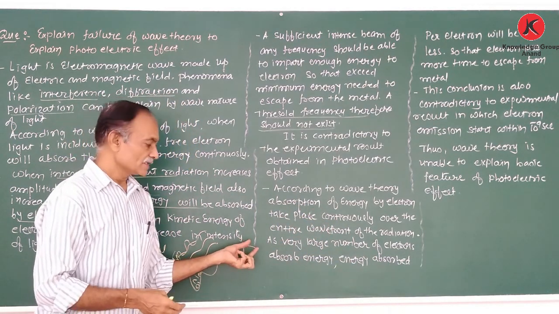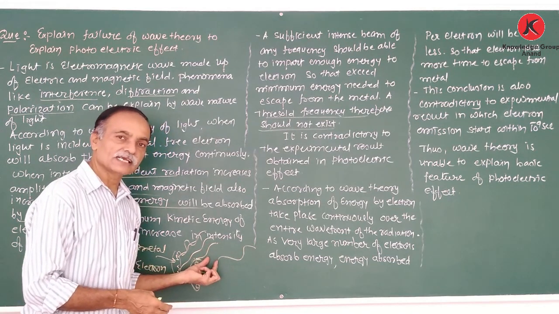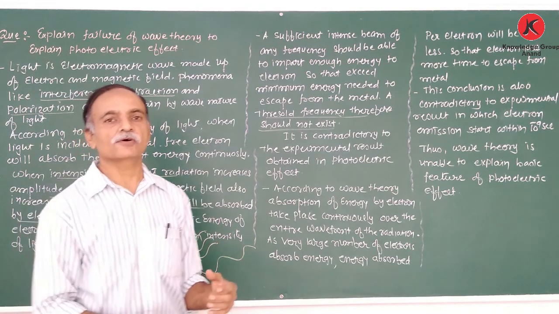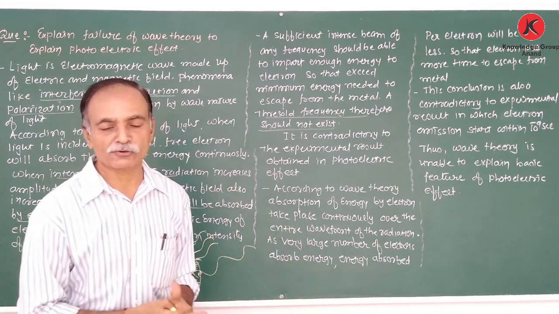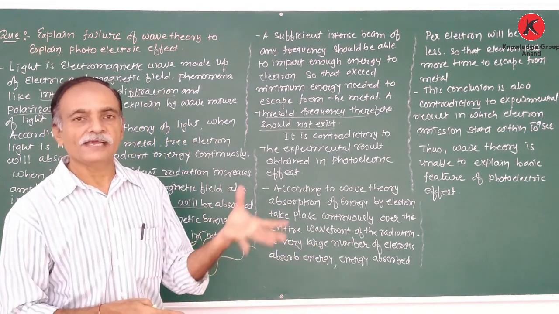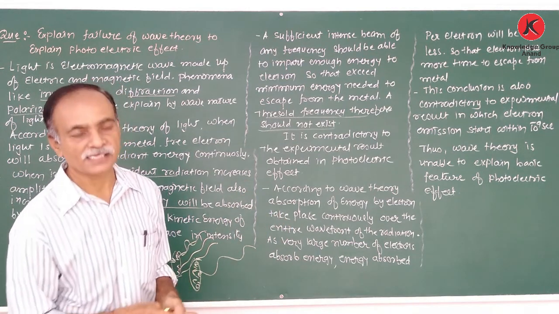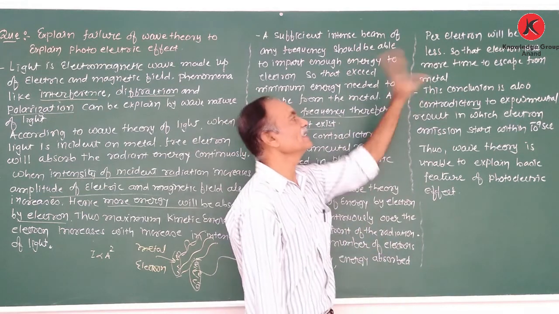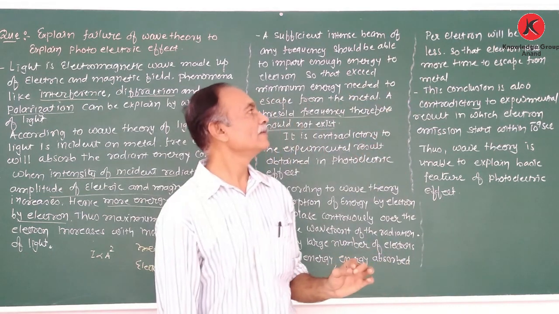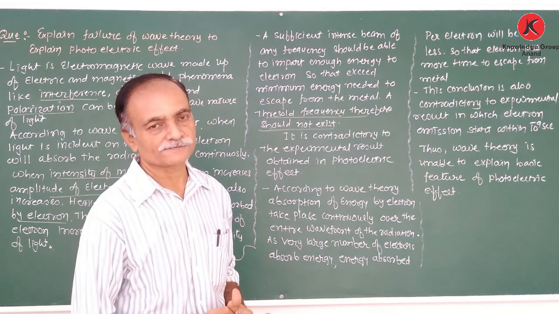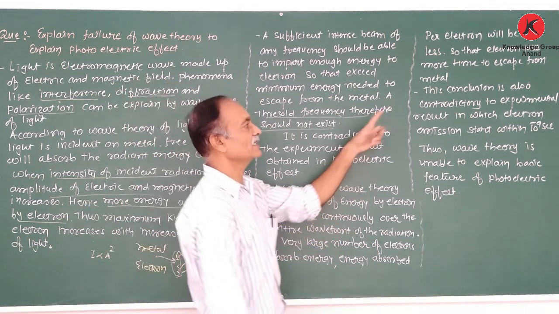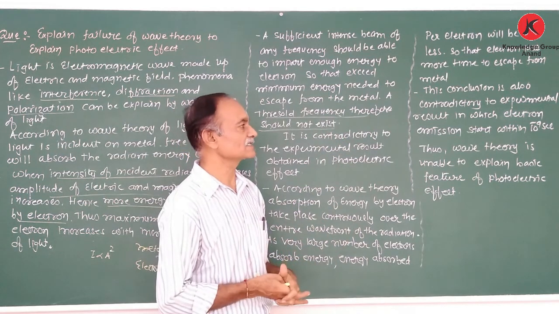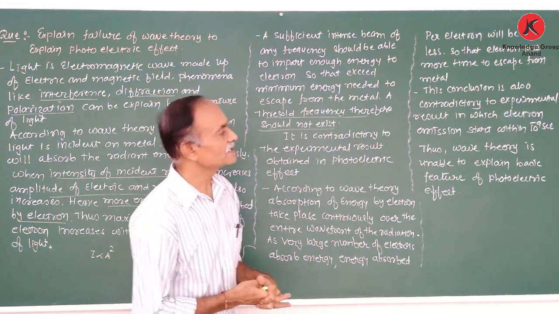So the energy of the wave is in the form of a wavefront. When the wavefront is incident on a metal, a large number of free electrons on the surface of the metal absorb the energy at the same time. Therefore, the absorbed energy per electron will be very less, so the electron takes more time to escape from the metal. So this conclusion is also contradictory to the experimental result, in which the electron emission starts within